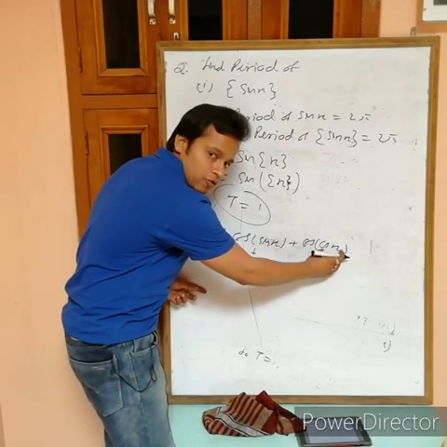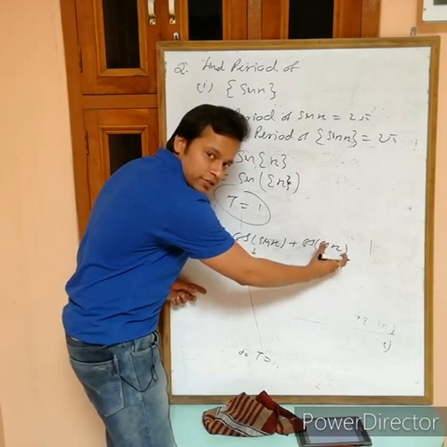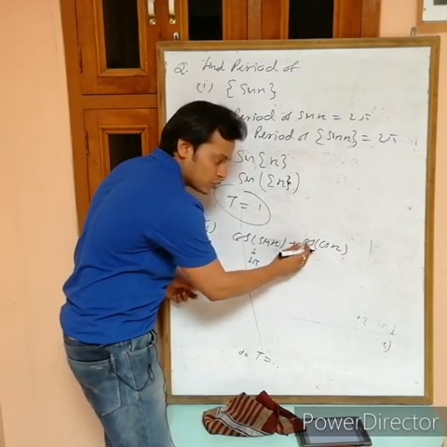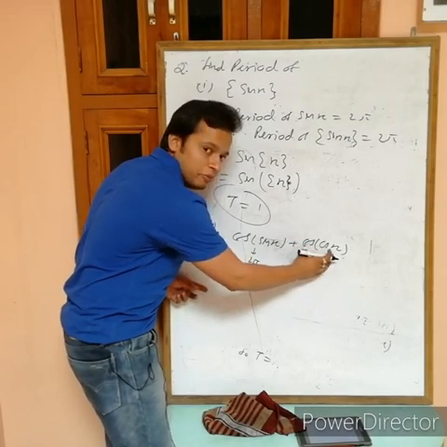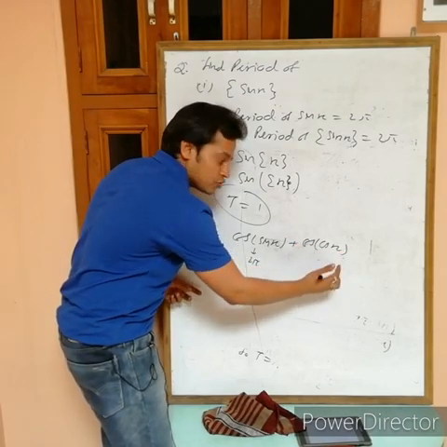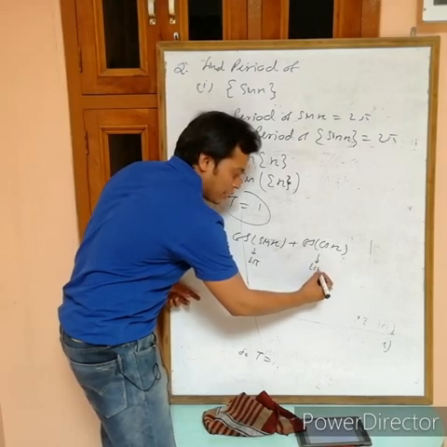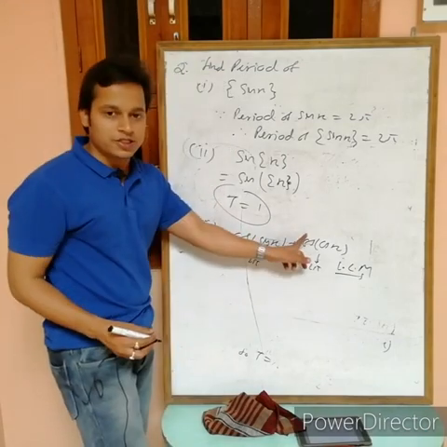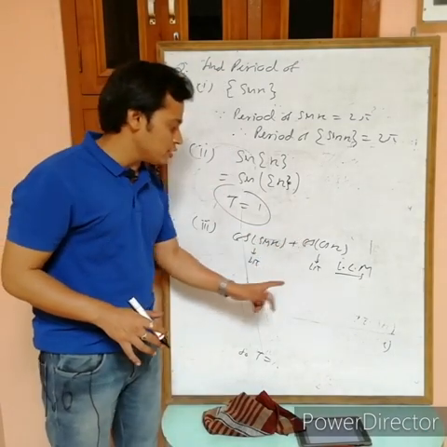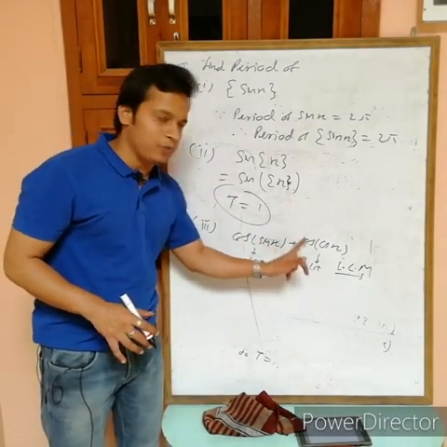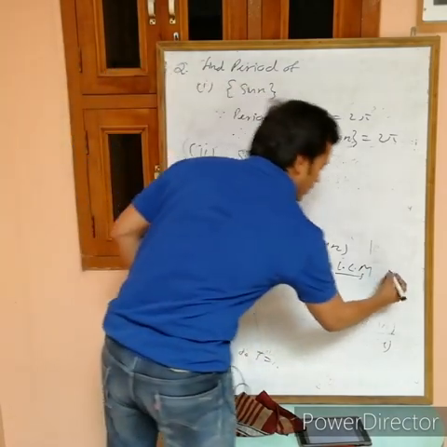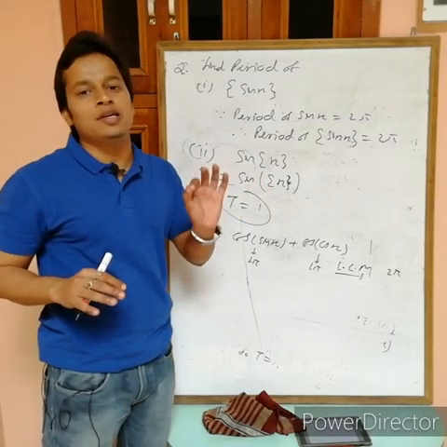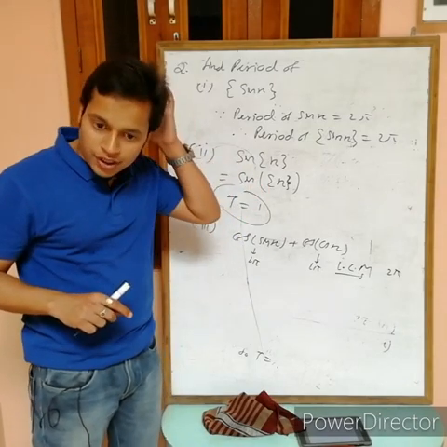Here inside we have cos x, again cos x is a periodic function, so this one is also periodic. Even if the outer function were not periodic, this would still be periodic, because of cos x. So cos x is a periodic function with period 2 pi. Now take the LCM, because this is f(x) plus g(x), so the period of the complete function is the LCM of the period of this one and the period of this one, so the LCM is 2 pi. But it is not necessary that 2 pi is the fundamental period.